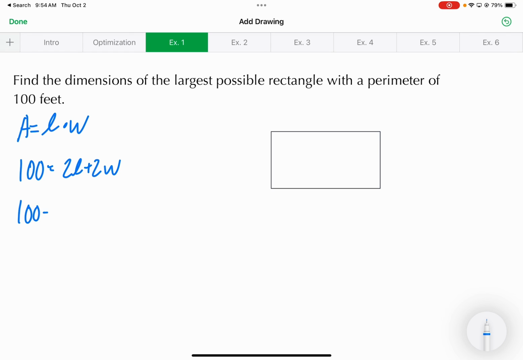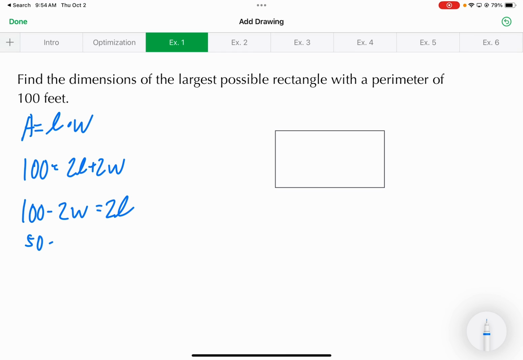So we would have 100 minus 2W equals 2L. Divide both sides by 2. We get that 50 minus W equals L. Okay? All right, now,